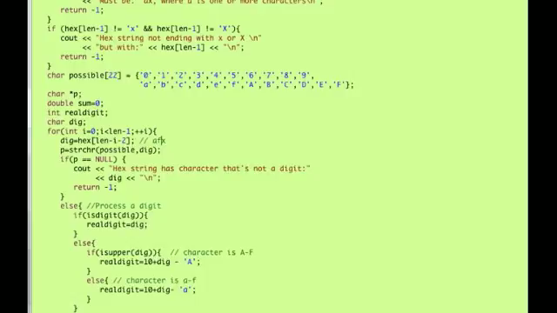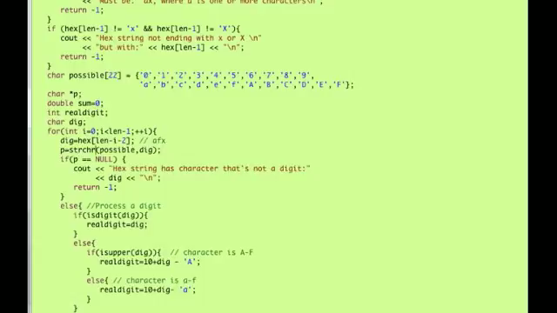So it will give me the first one on the left of the x. So I want to start from here and go to the left, right? So the first one goes into dig, the first character,